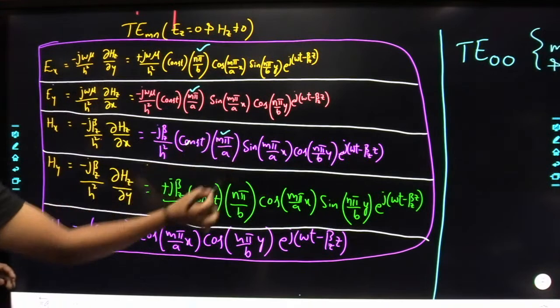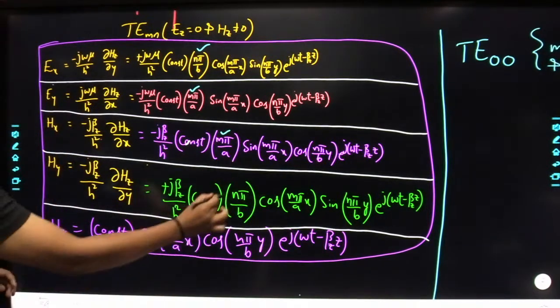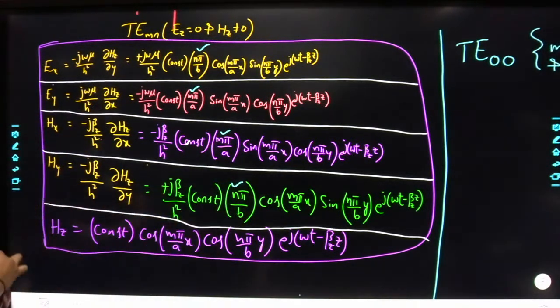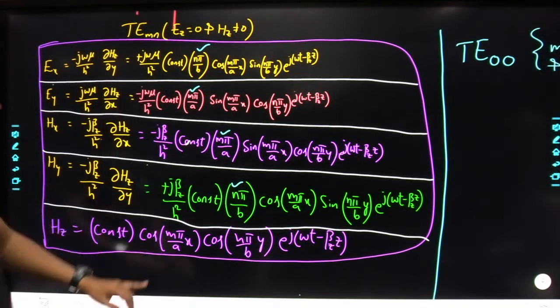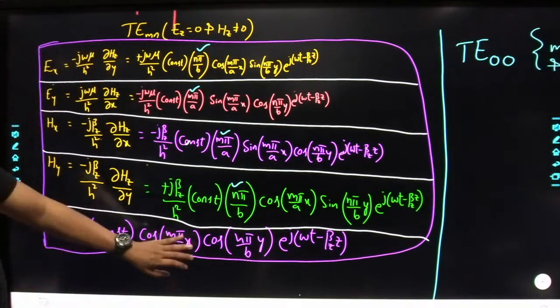Here you are having m, so Hx will also become 0. Here you are having n, so Hy will also become 0. Here only the Hz component will be left out. Yes or no? If you put m equal to 0 and n equal to 0, you are not going